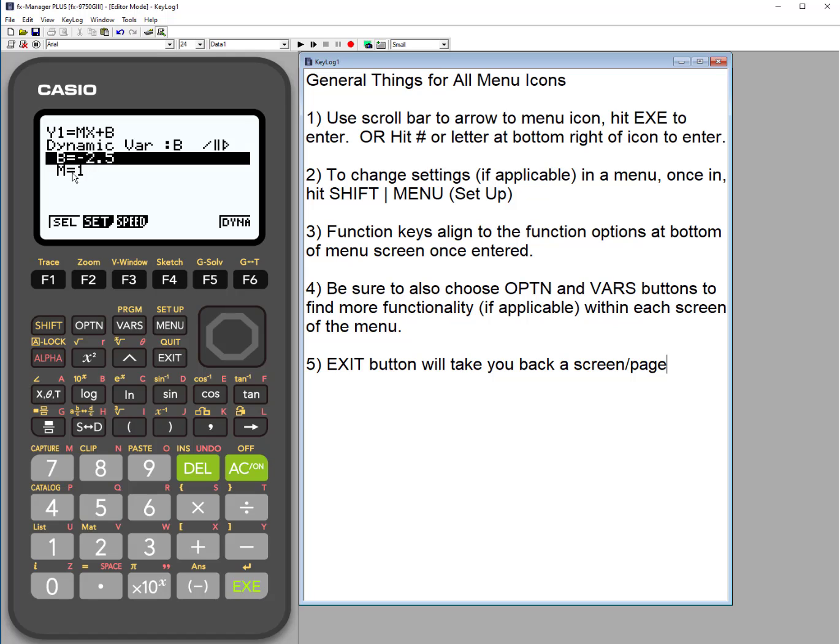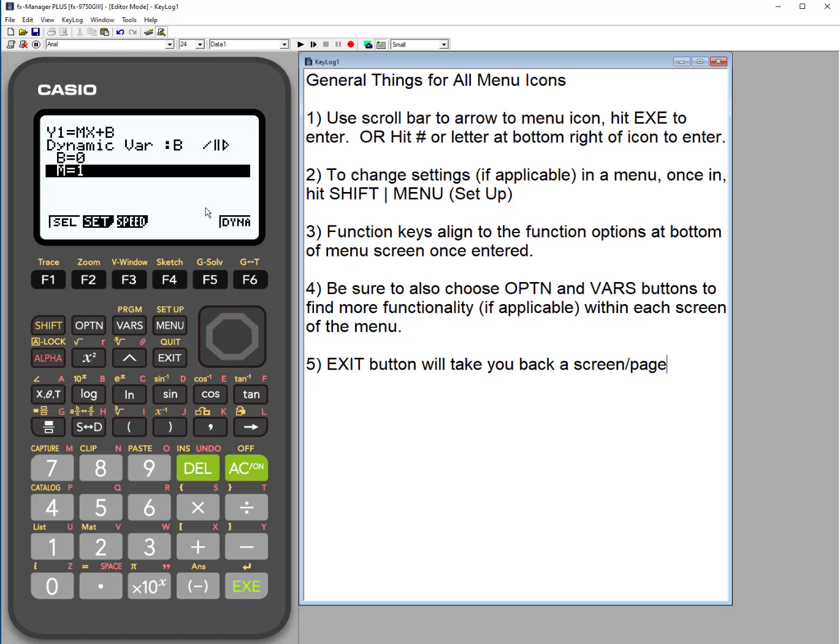So I'm going to leave my slope at 1. So 1 times x, so it's just x, the parent function, but then change my b value. We can change this to any number we want. So let's just start at 0, right? We're going to hit execute when I set it. So my start values are m is 1 and b is 0 because that's the parent function of those values.